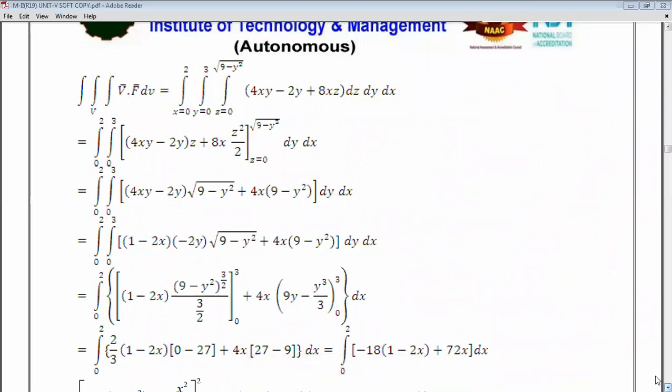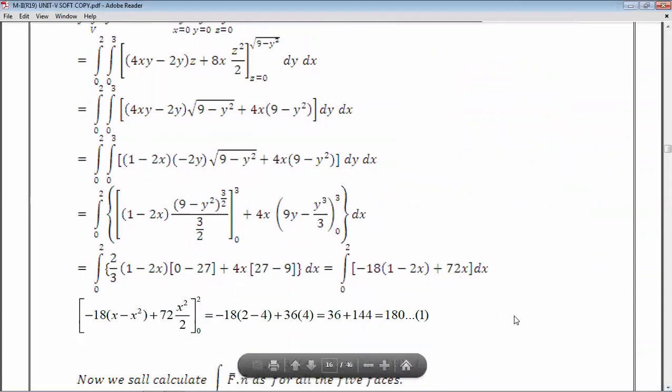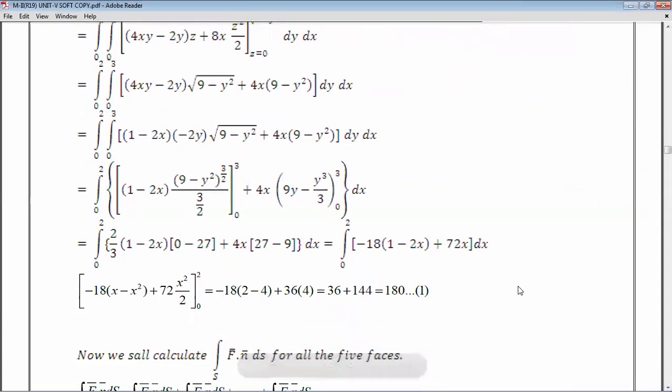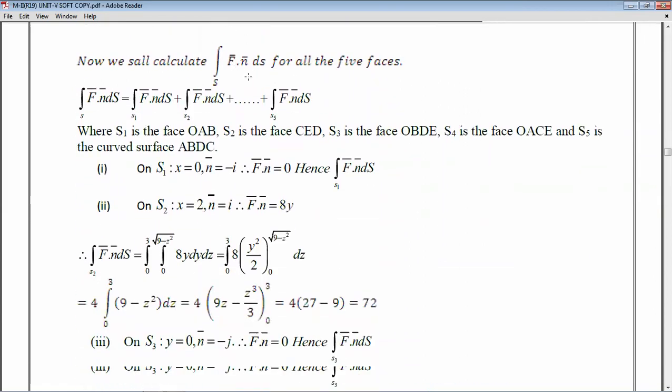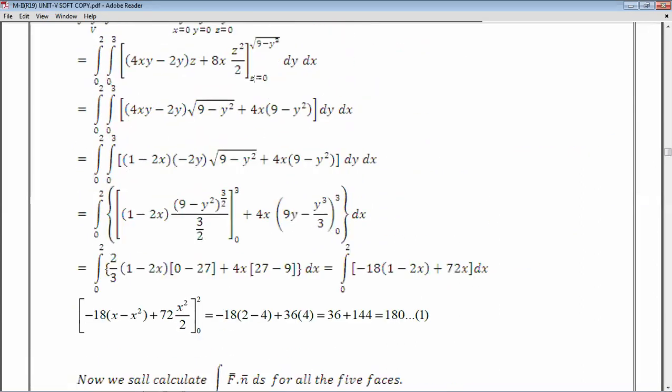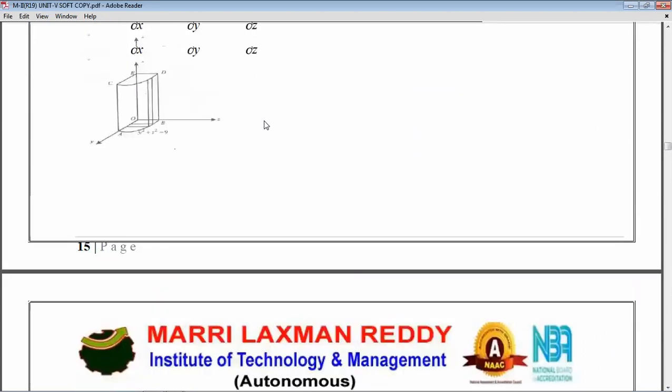Let's say one by one, integration we have to apply first with respect to z, next with respect to y, next with respect to x. Okay, and this is the first part, and now we need to verify this one. So what we need to verify here is the integral of F bar dot n bar dS. So now we need to calculate this. For calculating that, we require this, that's why we explained it.